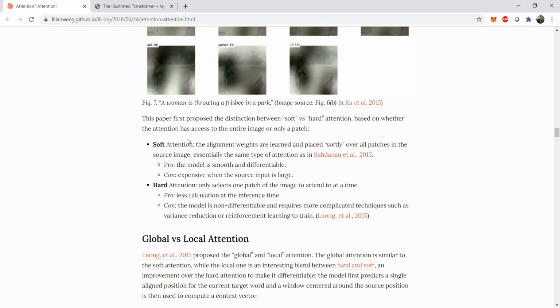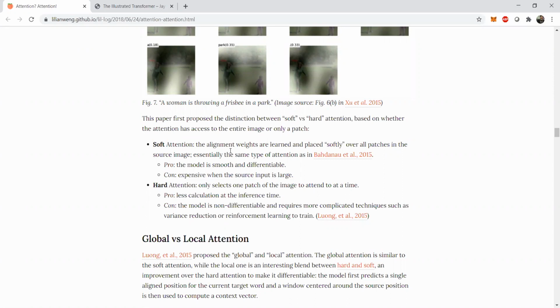Hard attention is known as the Luong attention. Hard attention means that we are effectively abstracting certain important features by blurring out other features. The pro of this is that there is less calculation of attention at inference time, because essentially we are not adding the features. We are just doing a dot product attention, or a scaled dot product attention, or just multiplying the attention weights together.